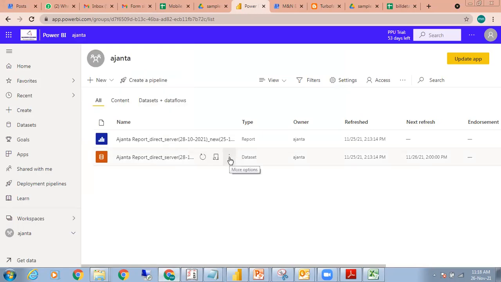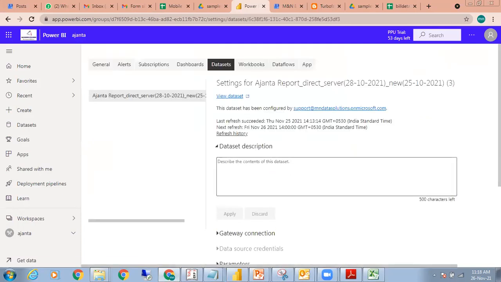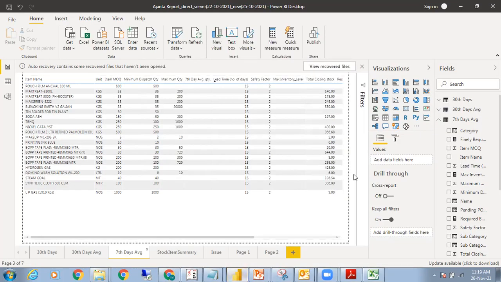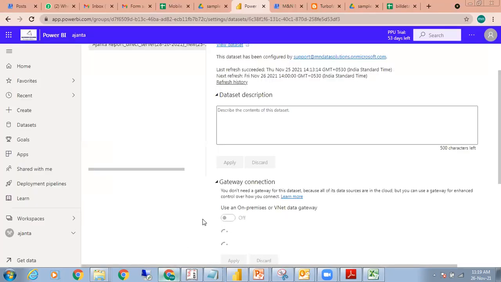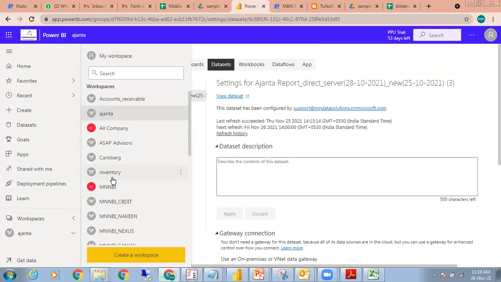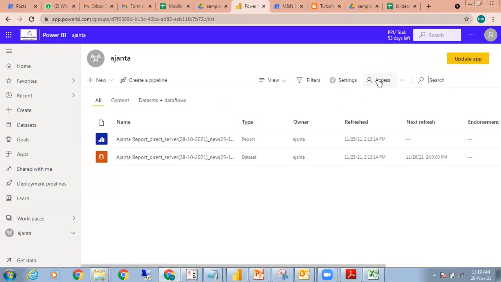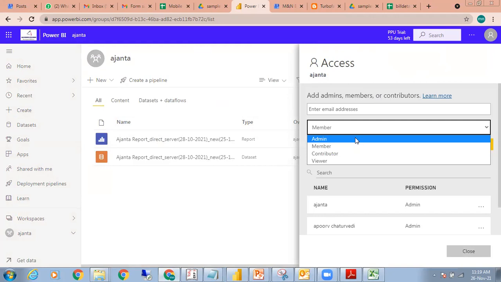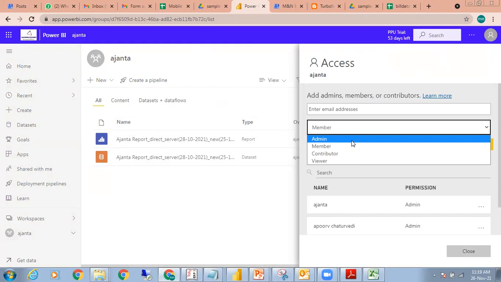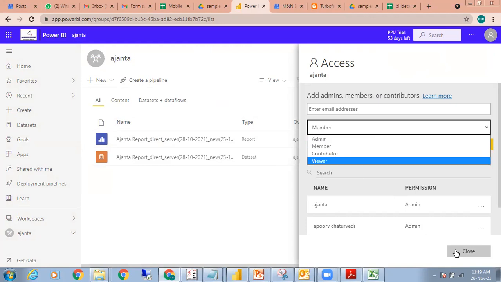Then when you publish the workspace, in the dataset settings you can actually sync it directly from the Google Drive, using the gateway connection. So there are two ways out of it. One is that you can take an on-site JSON export Excel, and then from the on-site you can connect it. Alternatively, you can take the data to Google Cloud and, using the gateway connection, sync it from there. And thereafter, once that is done and you go back to Ajanta, then you can give access to your customers either as a member, admin, contributor or a viewer. Admin will have complete control. Viewer can only see and take it up from there.